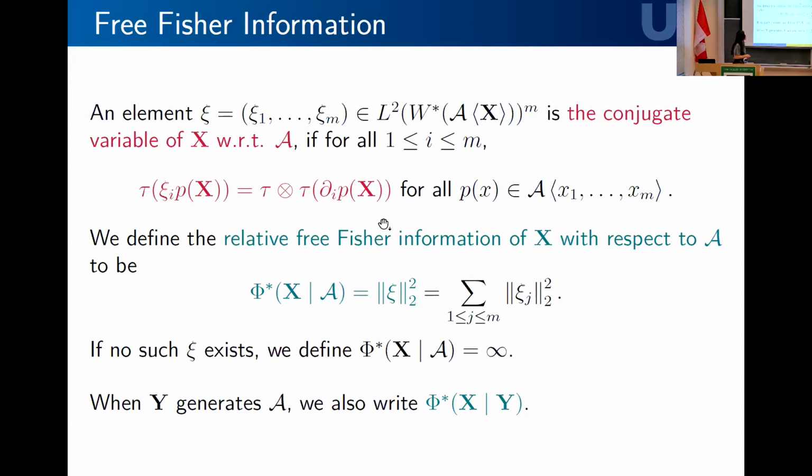And here the polynomial is allowed to have coefficients from anything in A, and you can rewrite this to just be approximated by polynomials in my tuple of generators y and the indeterminates x1 through xn. Okay, then I can make the same definitions. The relative free Fisher information quantity is just the 2 norm squared of this conjugate variable. And because I want to talk about a fixed tuple of generators y and fixed microstates and everything, I'm also just going to write it as b star of x given y.